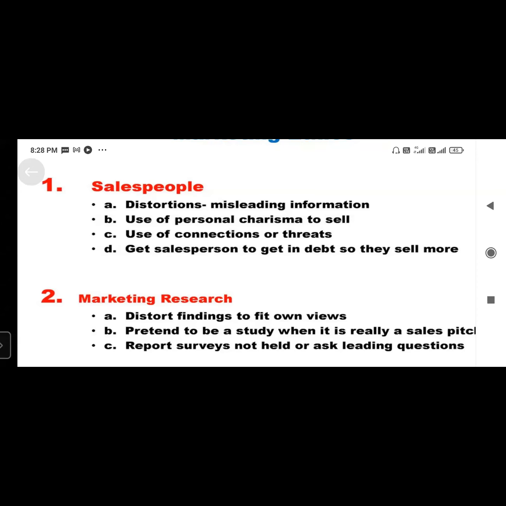सपोज अगर मैं एक सेल्समैन हूं और अगर मेरे 3-4 मुझे EMIs देने पड़ते हैं, और मुझे पता है कि अगर ये मेरा जॉब चला गया तो ये मेरे EMI बंद हो जाएंगे, मैं डिफॉल्टर हो जाऊंगा और सारी चीजें मुझसे छीन ली जाएंगी। इस सिचुएशन में वो सेल्समैन क्या करेगा? वो जी जान लगा देगा कि कैसे मैं ज्यादा से ज्यादा अपना प्रोडक्ट बेच सकता हूं। क्यों? बिकॉज ही वांट टू एंश्योर दैट द EMIs आर प्रॉपरली टेकन केयर। जिस समय वो जानी चाहिए उस समय वो जानी ही चाहिए।